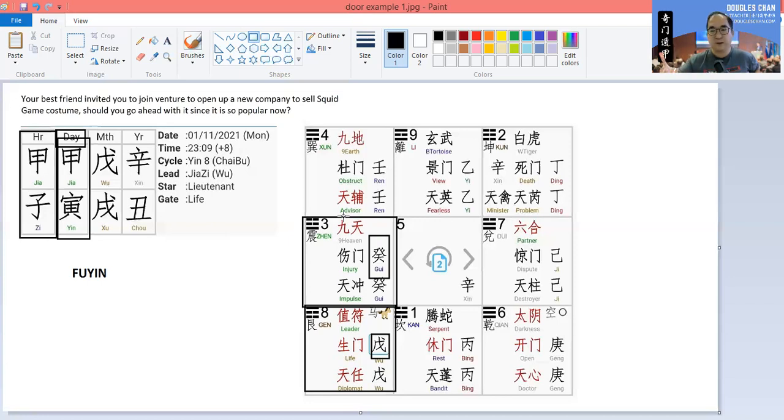Second worst door in the doors itself, the 8 doors itself. And with an impulse, it's telling us not to be very impulsive in making this decision to go ahead with this particular venture. And 9 heaven